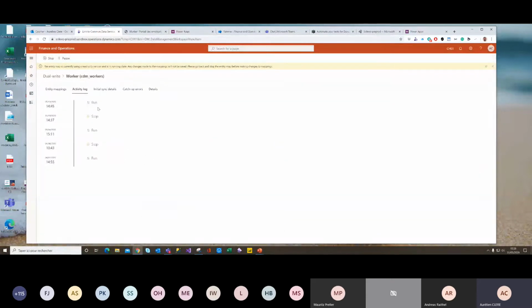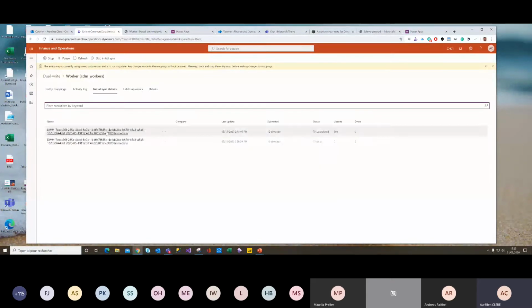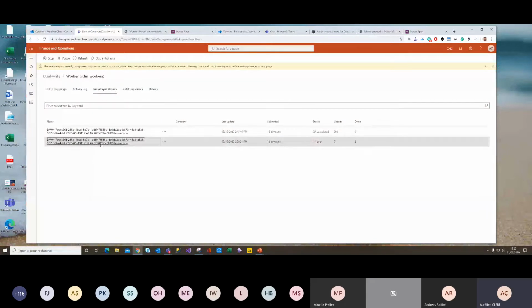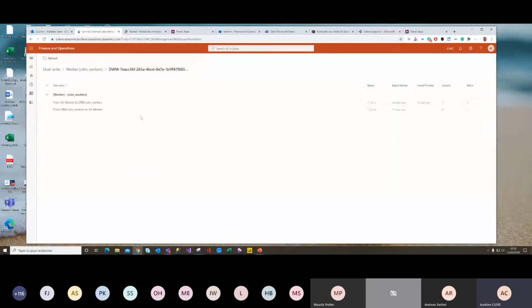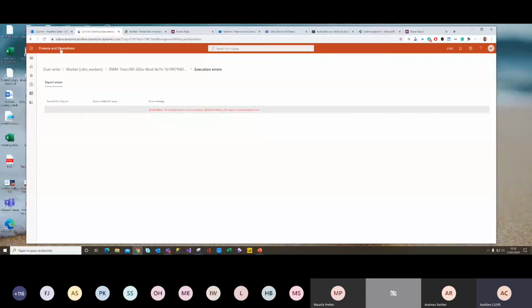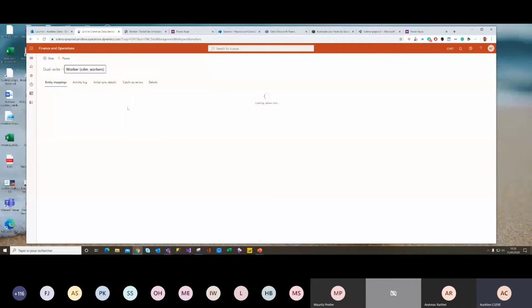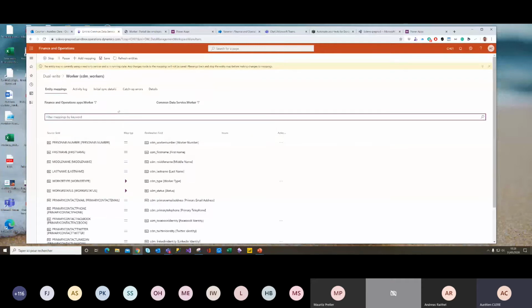And you have the activity log. You have the initial sync details if you have some errors. And if you go to the task, you can check the error and know what is behind it. So you really have a lot of details about errors.